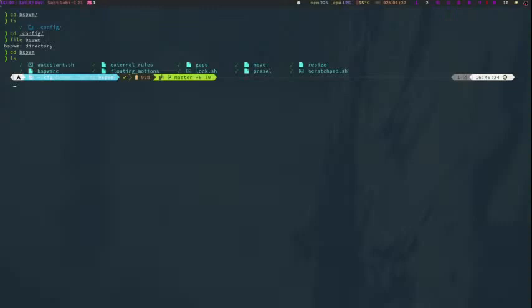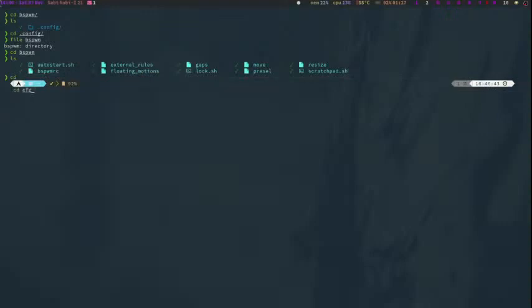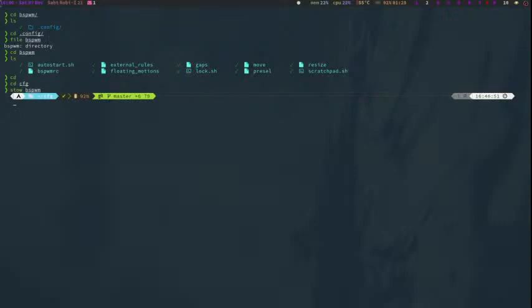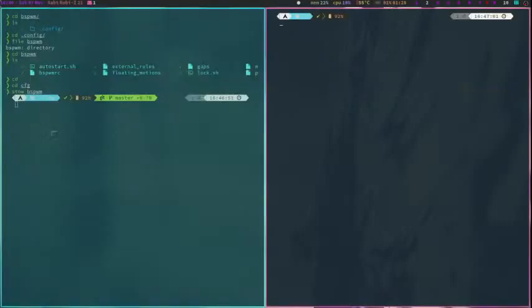So whenever I want to symlink these bspwm files, I go to the configuration directory cfg, and what I do, I have to do stow bspwm. So all the files inside the bspwm configuration directory are symlinked inside my home directory, and there